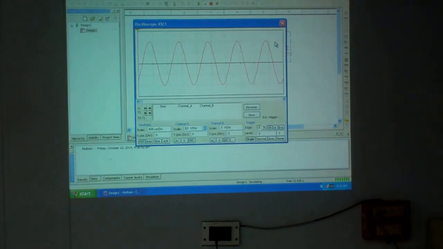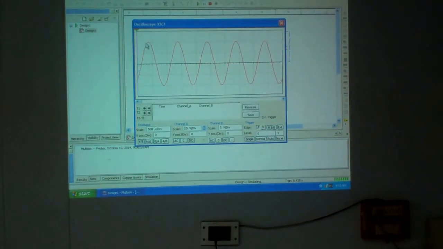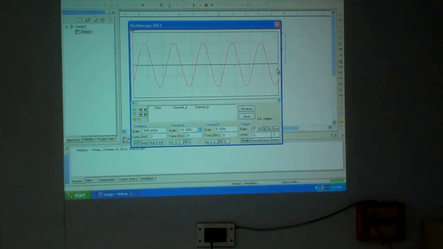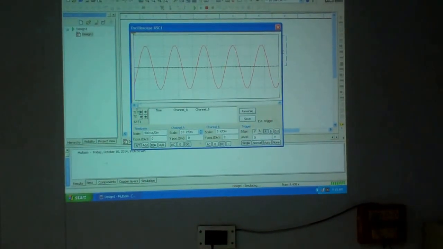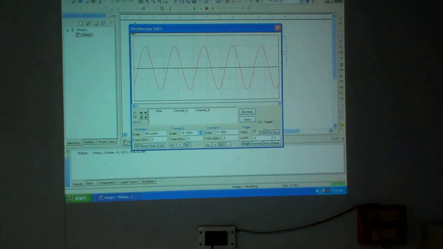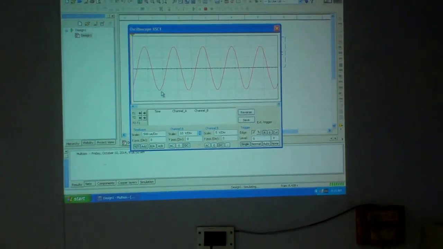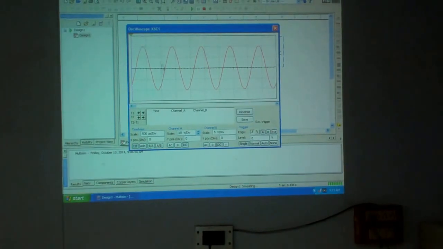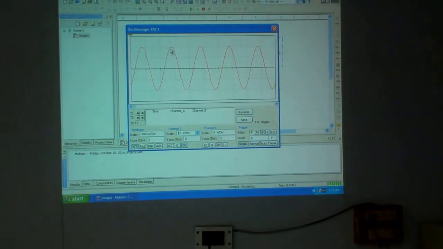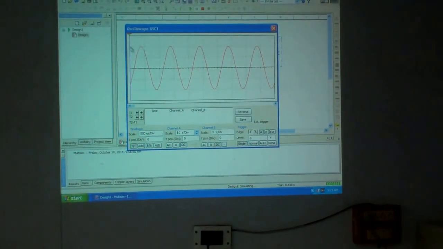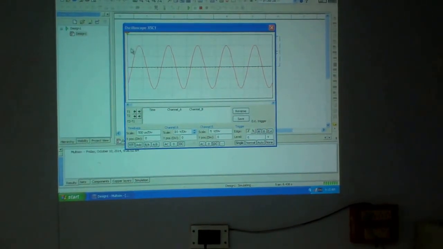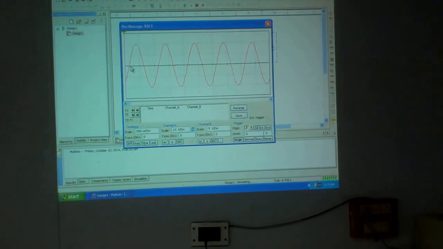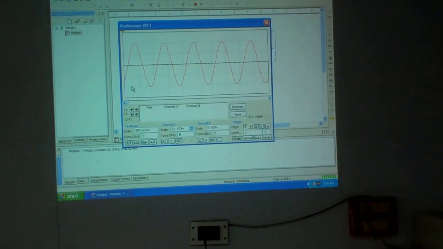Next, let us see how you measure the amplitude. Amplitude is on the y-axis. You measure along the x-axis the time period. To measure the amplitude, it should be on the y-axis. This is one peak, this is another peak. Sine wave goes from +1 to -1. So peak to peak is this. Now, how many divisions, how many squares is it occupying? Above the 0 axis, 2 squares. Below the 0 axis, 2 squares.